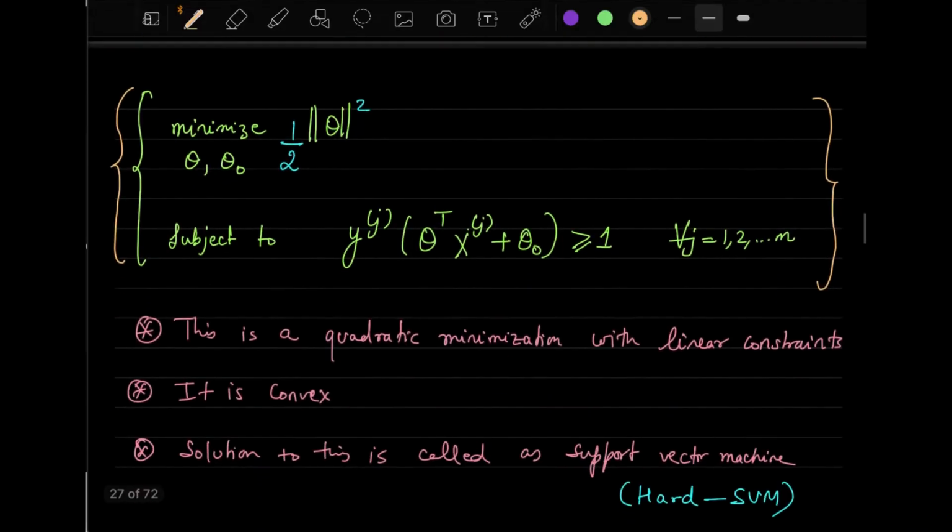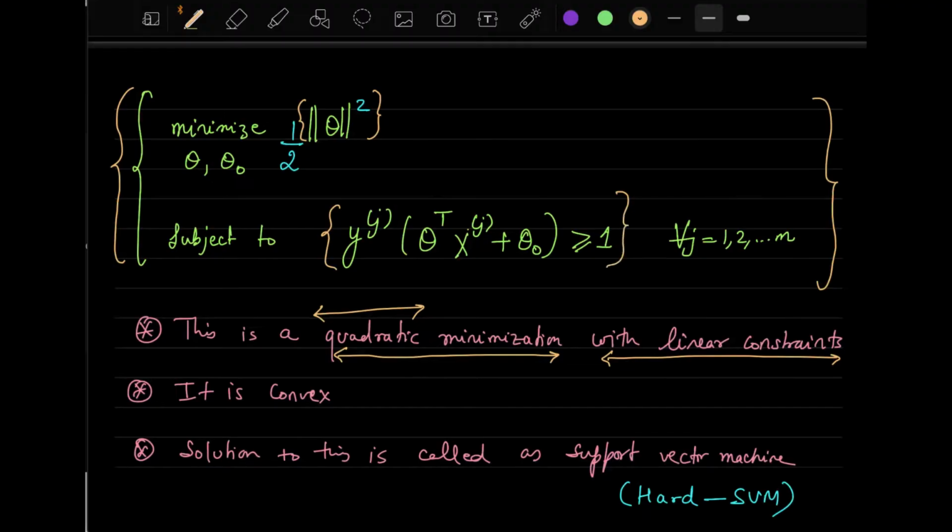Now one thing to observe here is that it's a quadratic minimization problem with linear constraints. What it means is you have this squaring of the theta. This theta is the variable that you have to optimize. As you can see, it's a square, so it's a quadratic form of minimization. And the constraints that you have here, some constraints to abide by to get to the solution of this theta, are linear in theta, as clearly visible. So it's a linear constraint quadratic minimization problem.